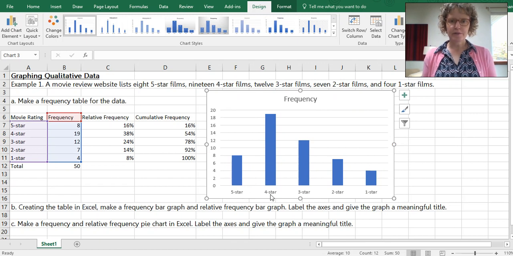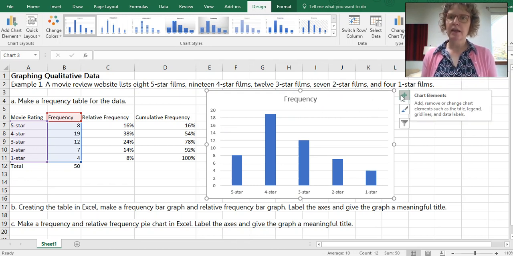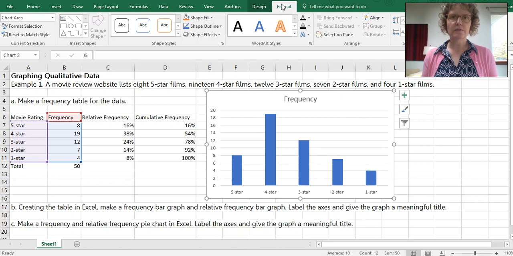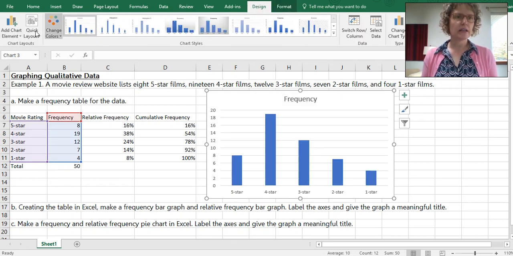Okay. See how it put the categories? So it recognized the categories. It didn't label frequency over here, it labeled it over here. So let's do a little bit of cleanup on this one. On the plus, it says chart elements. There's also some different versions of Excel. So if you don't have the plus sign here, then you want to go up to your menus up here, and you should have some option that says format chart or design, add chart element. I've noticed even between my office and my home and the classroom, they all are just a little bit different. So play around with it and you'll find it.